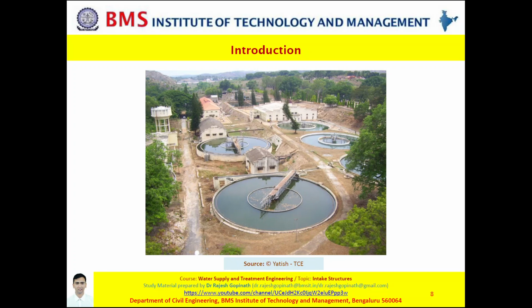Now, from the source of drinking water, that is fresh water, say for instance a river or a lake, to a water treatment plant, there is a critical component called the intake structure. It is curious, right? How does water reach a treatment plant? Now let us understand this better with slide 9.